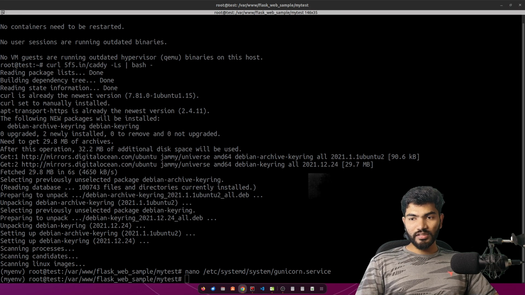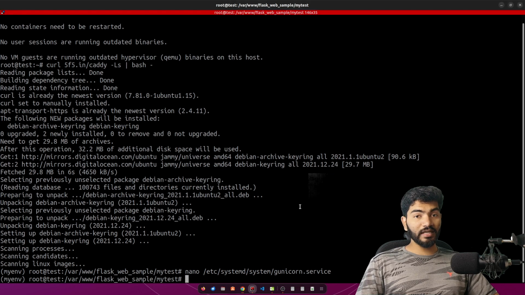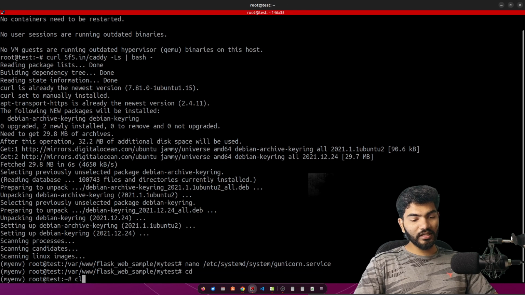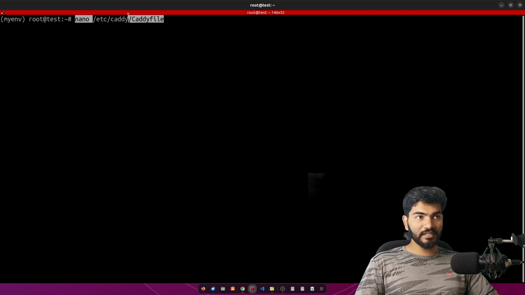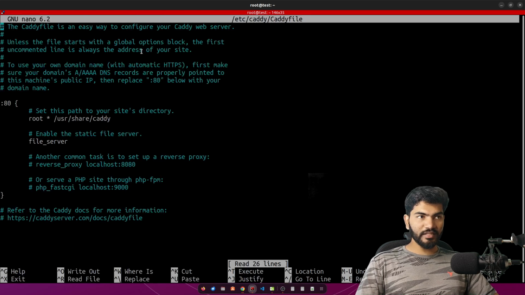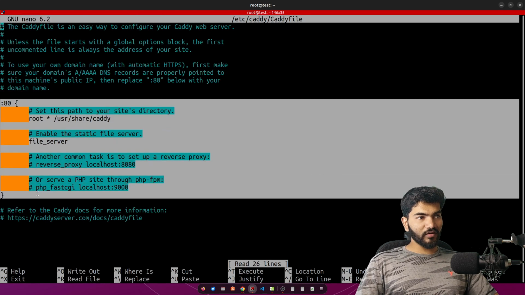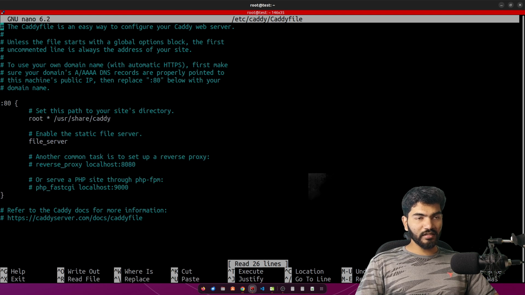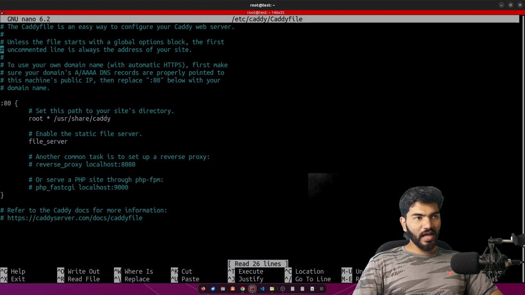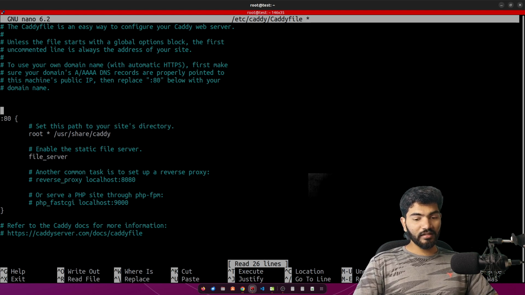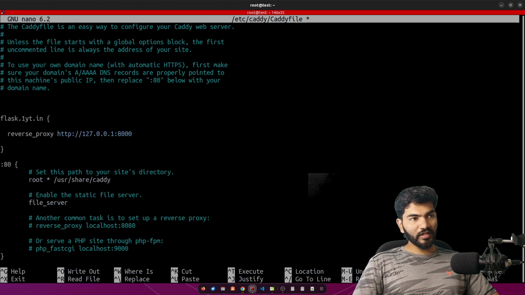Okay, so once that is done, the next thing we need to do is edit the Caddy configuration. So let me clear the screen, and this is the command to open the Caddy configuration. By default, the Caddy configuration is in /etc/caddy, and there is a Caddyfile inside it, right? So this is the default configuration you will see in the Caddy server. You can keep that configuration as it is, but I will make sure that I am adding my own configuration at the top of it. Okay, so right now I am adding